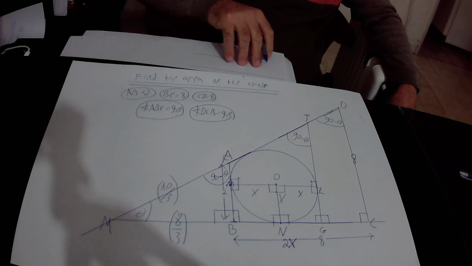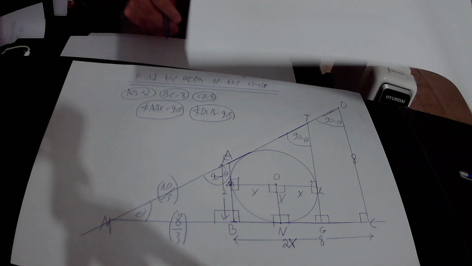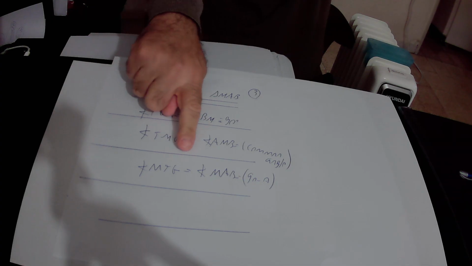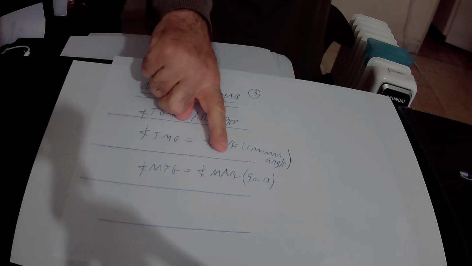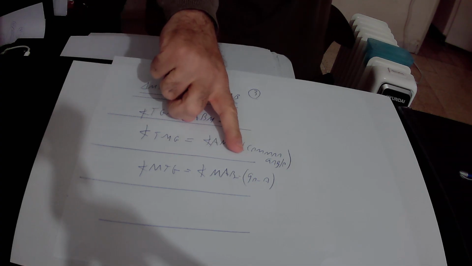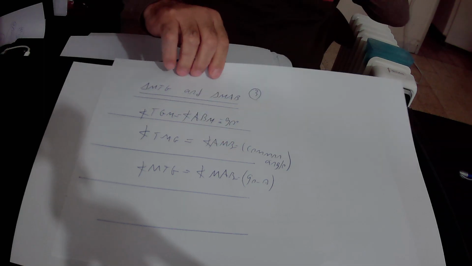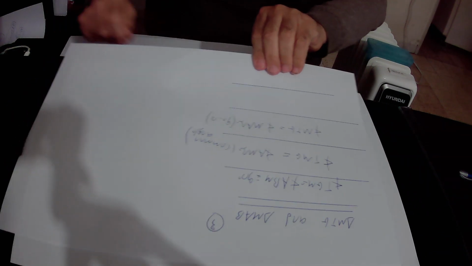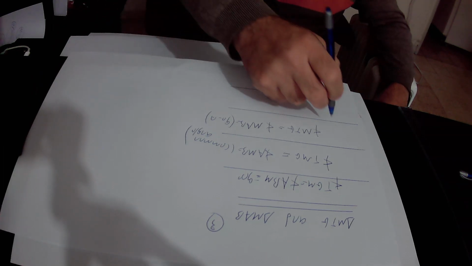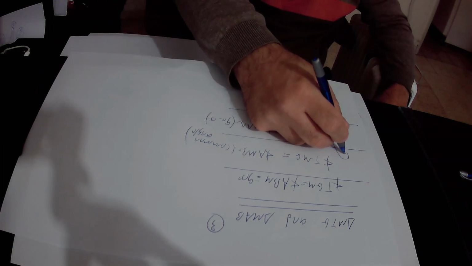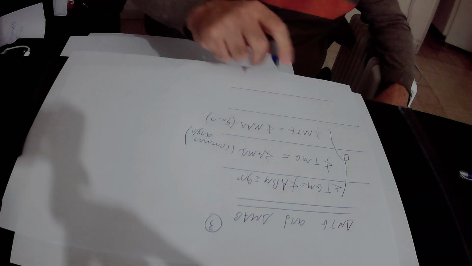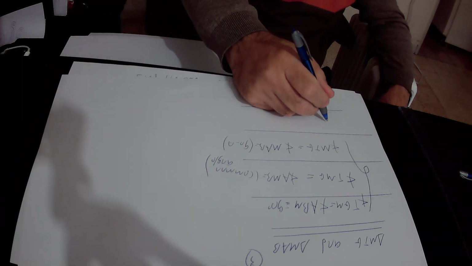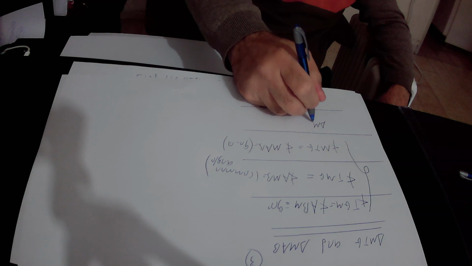Repeat again. Angle MTG in the big triangle equals to angle MAB in the small triangle. So we actually proved that all the three angles in the big triangle are correspondingly equal to all the three angles in the small triangle. Therefore, we actually proved that the big triangle MTG